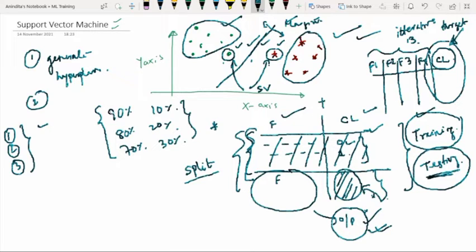I have already shown that you can take 50% and 50% also and check the accuracy. You can test what happens if we increase the testing data and check the accuracy you get. But it is a very good convention to take a smaller value for testing.